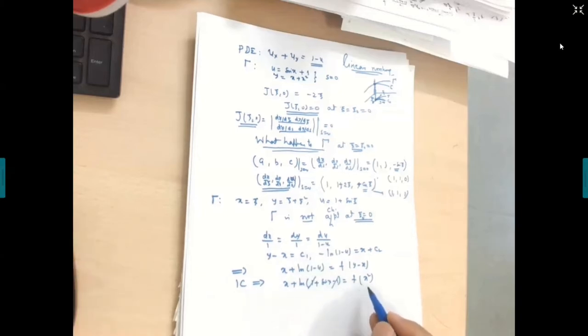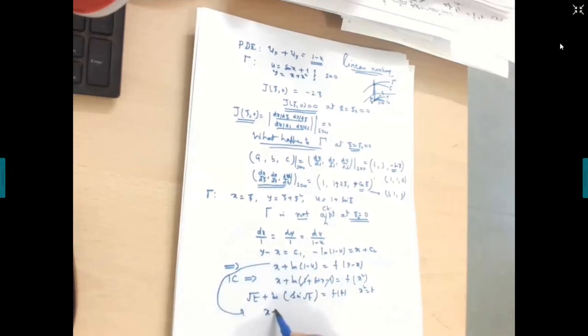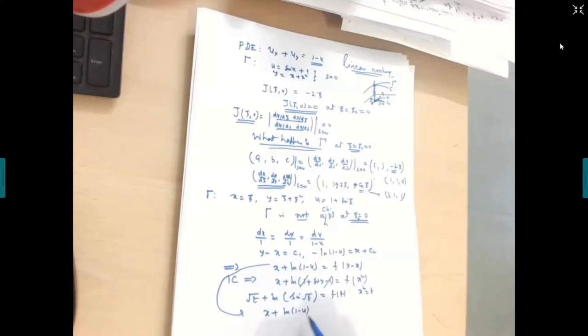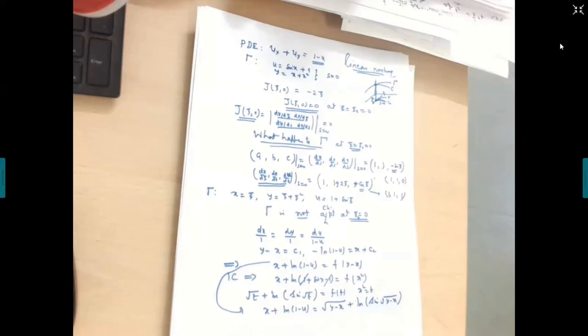So what do we get? Put x square is equal to t. So x will be your under root t. Again, you would like to approach 0 from right. So under root t plus ln of sine under root t is equal to, what do you get? F of t. Once the function is known, I can write this solution. X plus ln of 1 minus u is equal to f of y minus x, that is square root of y minus x plus ln of sine of y minus x. Am I right? Please check this calculation.